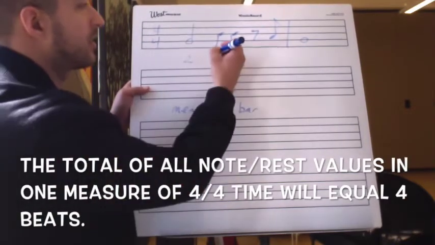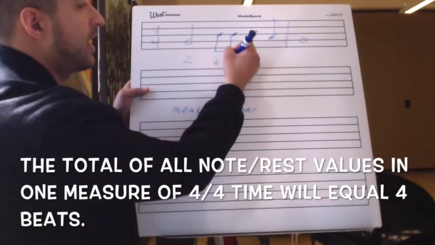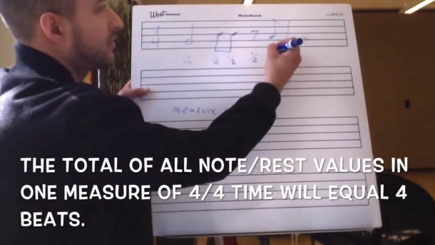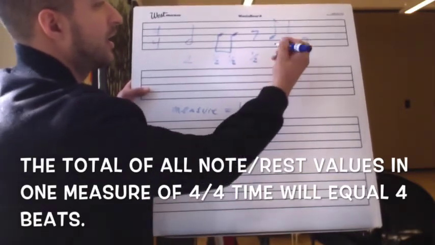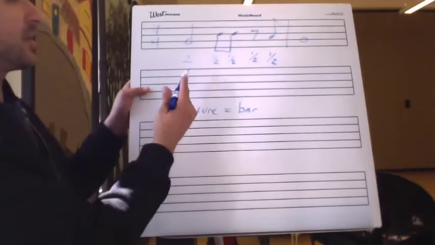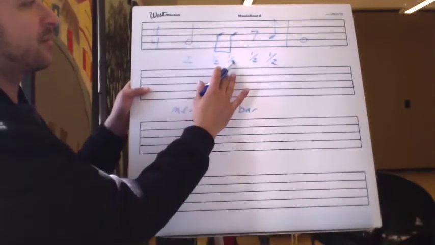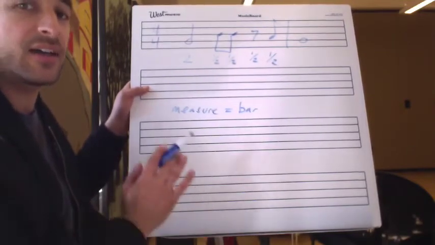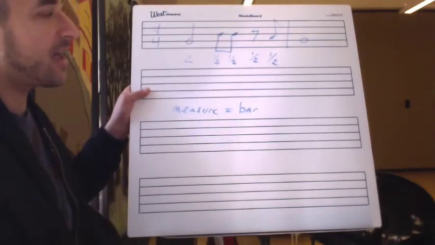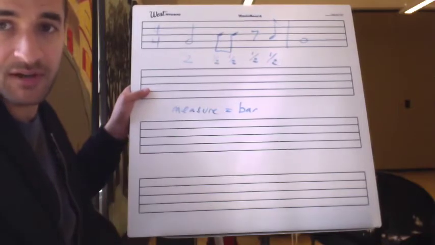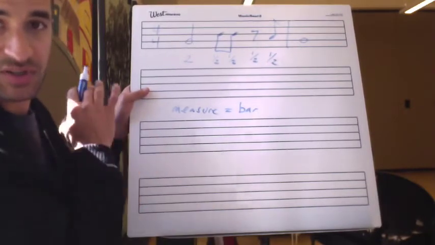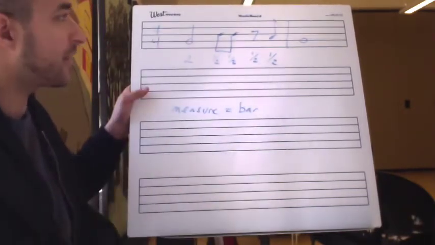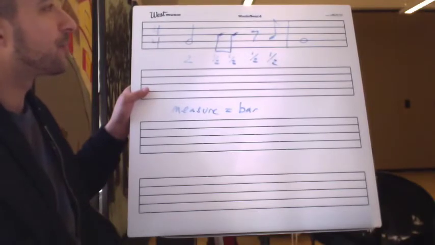2 beats, this is a half a beat, and again a half a beat. If we add that up, 2, 2 1/2, 3, 3 1/2, 4 beats. In 4/4 time, which is 95% of the music that we listen to, so I'm going to just stick in 4/4 time for right now,